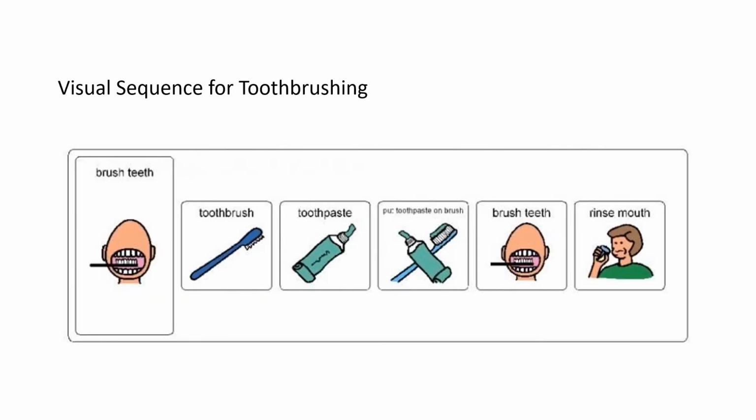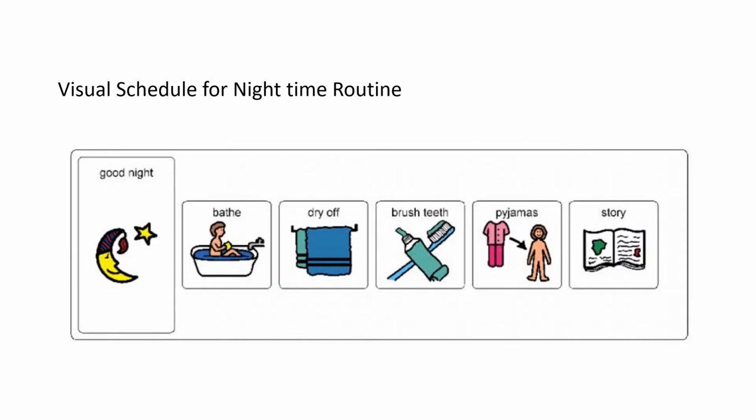These are some visuals, a simple aid that you can use with a plan. So perhaps your child is going away for the first time and they're going to have to brush their teeth on their own without having you there to help them along. And so this might be a really nice visual that they can easily refer back to when they're on their own. This is another visual schedule for a routine. This could be a nighttime routine for maybe perhaps a younger child. You could even use this in your home as well, that they can easily refer back to it.